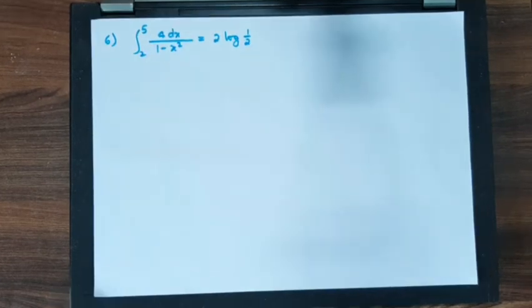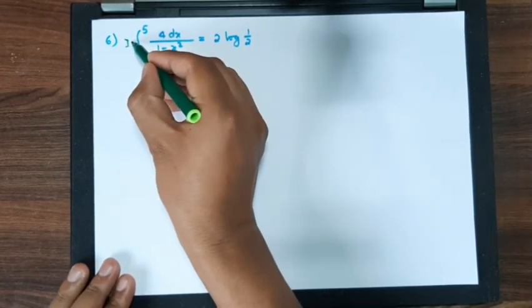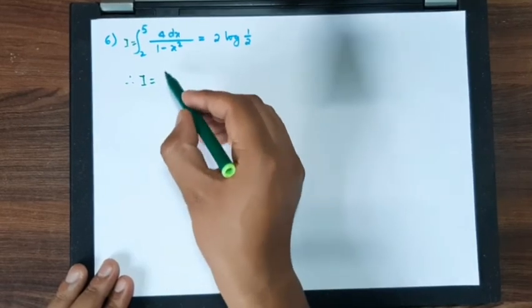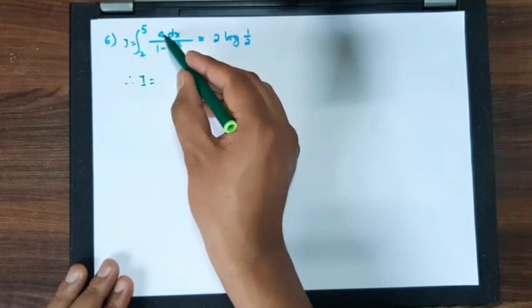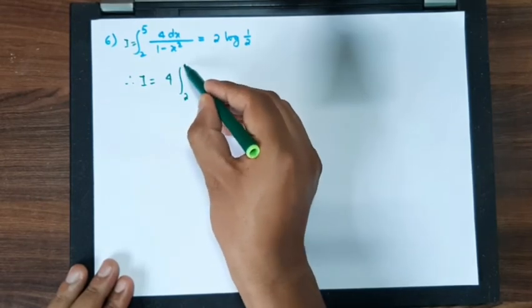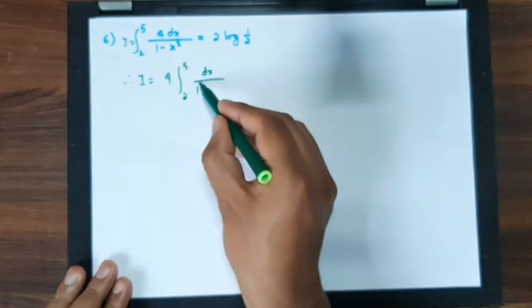Now you people are quite familiar with the change of particular integral into the standard form. So let us apply the same technique in our definite integrals. Let me call this I. So let me write it again. I is equal to, integral of this, so we have got 4, let me write this 4 outside. So we have integral from 2 to 5 of dx by,